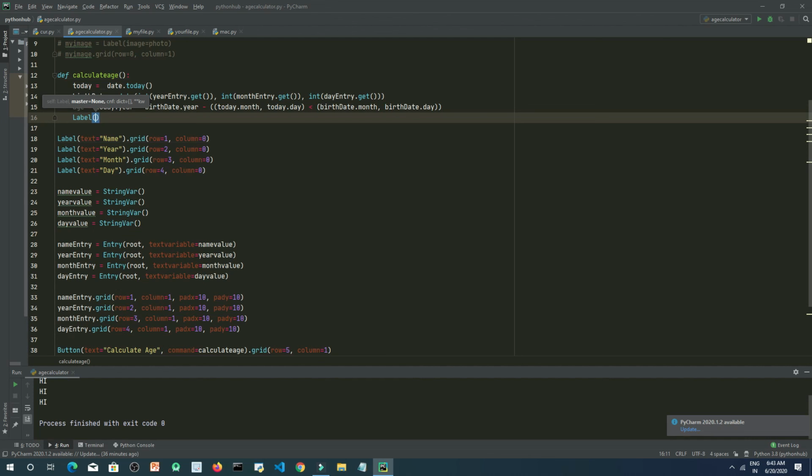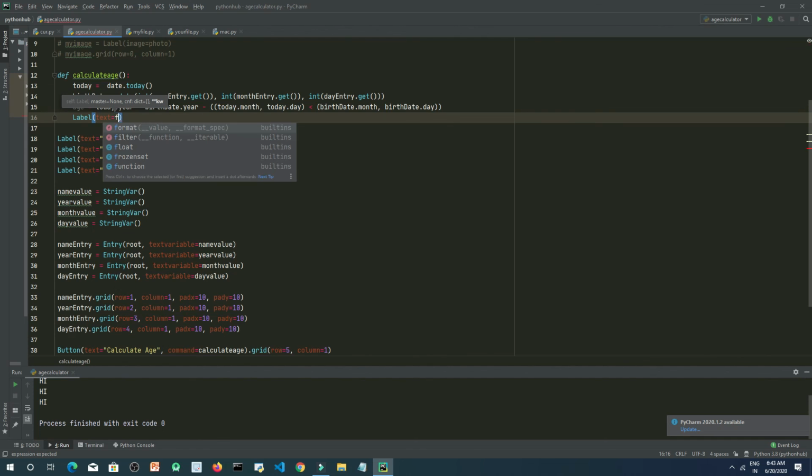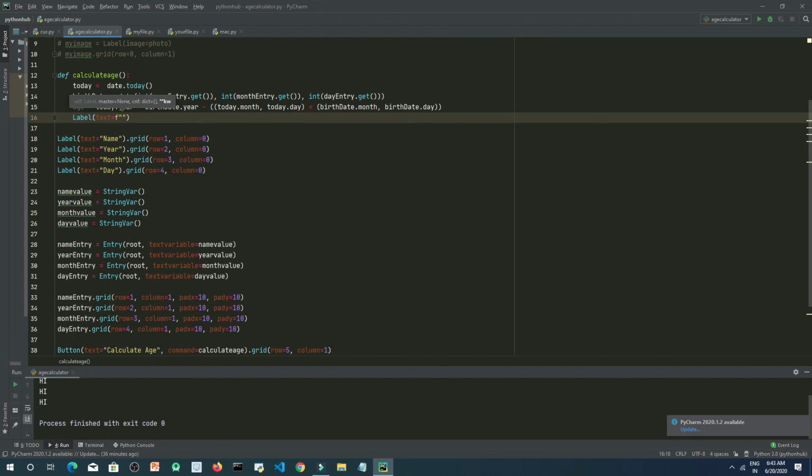We will type text equals, using the f-string method, and inside this we will take the name value of the user using the dot get method again. Let's say we need to say Johan, your age is this.